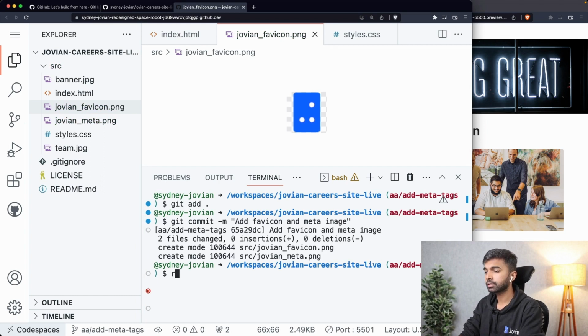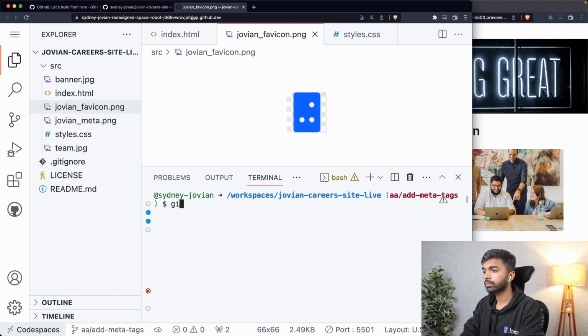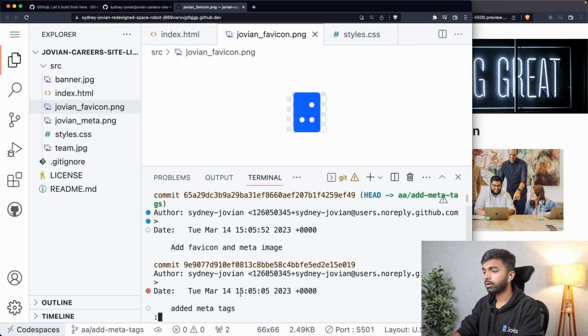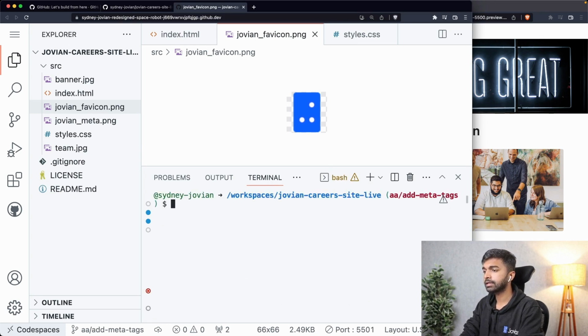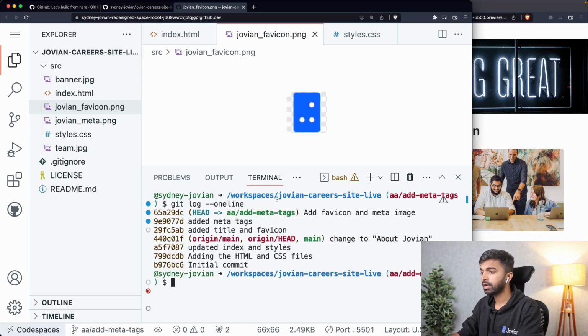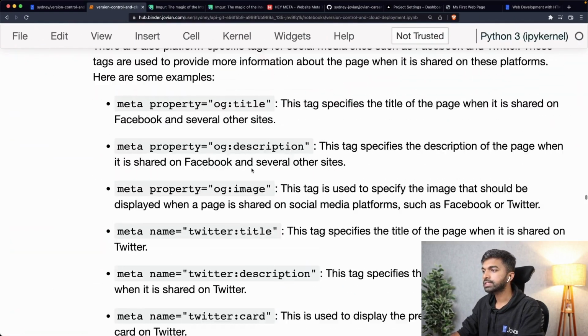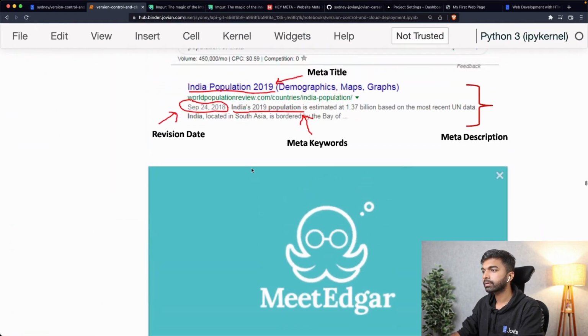If I just check git log, or if I just want to see the list of changes, I can say git log --oneline. Okay, so my branch AA-add meta tags is at the commit add favicon and meta image. Before that, I have another commit. Before that, I have another commit. So I've made a bunch of commits. Now, once I have made a bunch of commits,